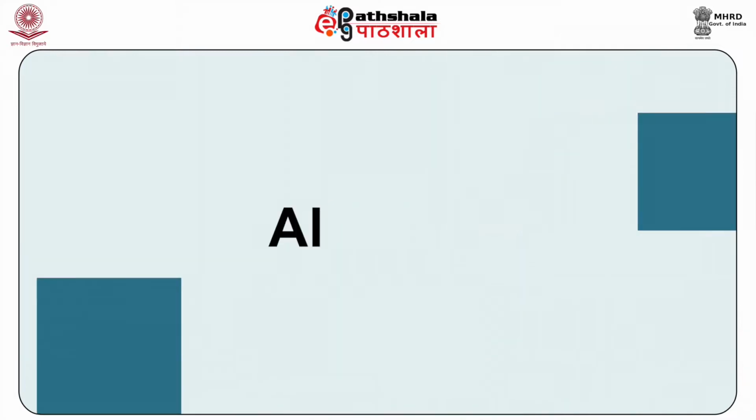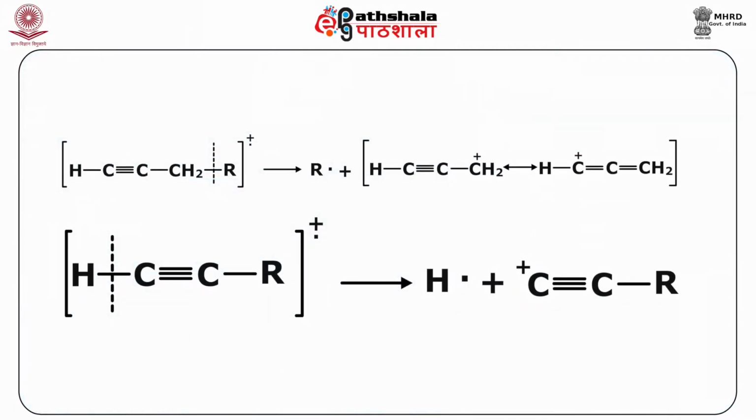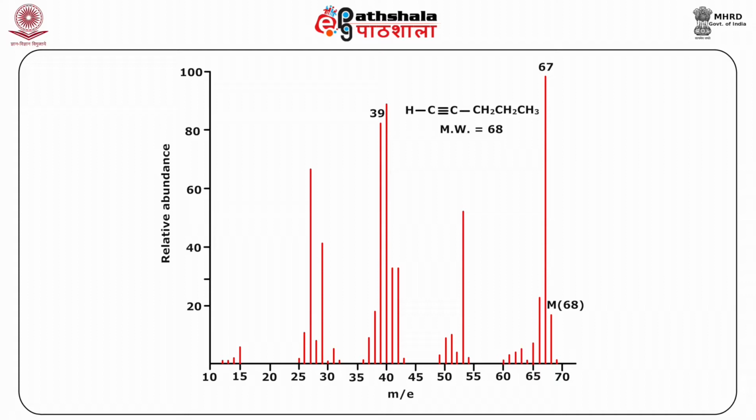Now, let us come to talking about alkynes. The molecular ion peak here is again very intense like alkenes. As such, there is no simple fragmentation observed for alkynes, but a lot of complex molecules can also be studied like the fragmentation pattern of alkynes. Now, here we have taken the example of 1-pentyne and its mass spectrum. Here you can see a peak for propargyl ion having an m/z value of 39.